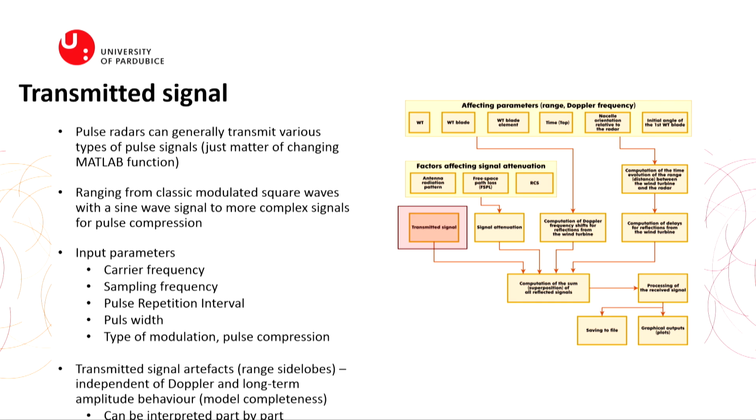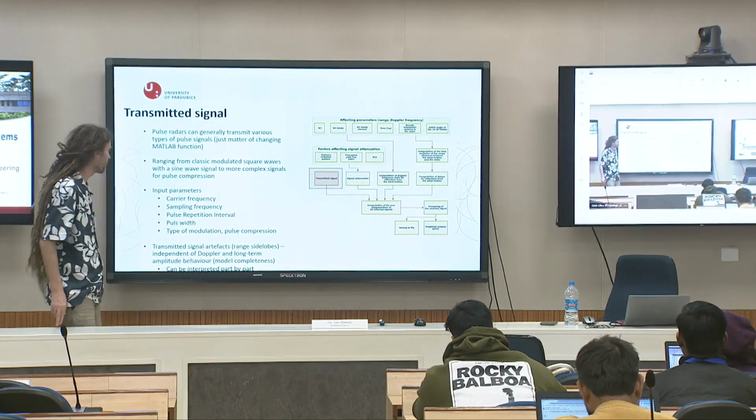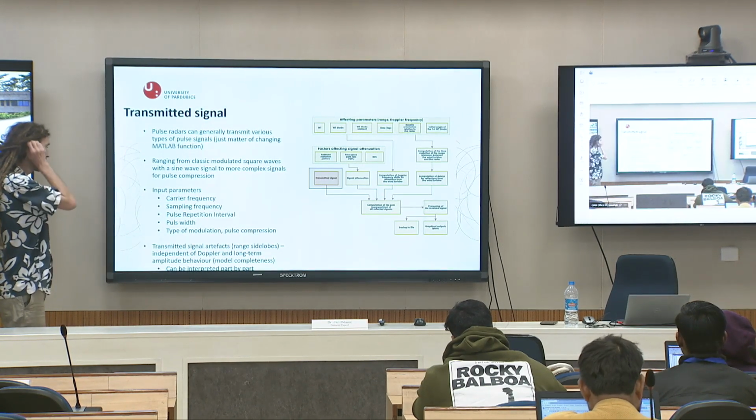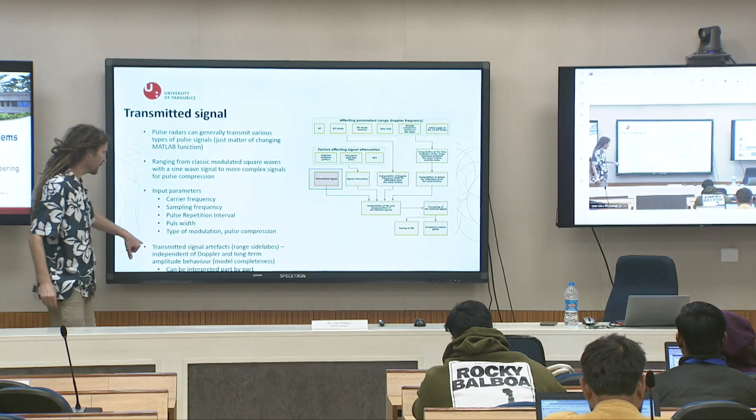It could range from classic modulated square waves, unmodulated, or modulated only with a sine wave, to more complex signals for pulse compression. Input parameters for the transmitted signal will be: carrier frequency again, sampling frequency, pulse repetition interval or inverse PRF, pulse width, and type of modulation or type of compression. Transmitted signal